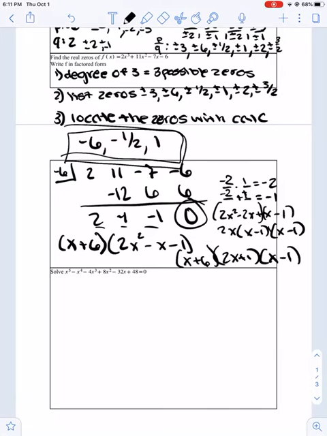So we want to, first, again, what are our possible zeros? It has a degree of 5, so 5 potential zeros. Step 2, list the zeros. So we need to do the p divided by q again. So the p value is 48, q is 1. So we just need to list those